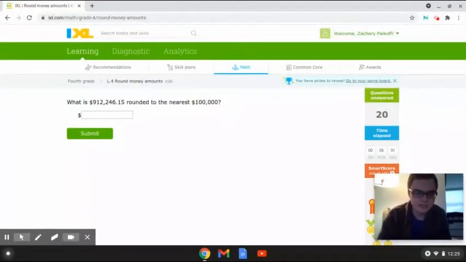Okay, so this next problem reads, what is $912,246.15 rounded to the nearest $100,000? Alright, so in this problem we are given $912,246.15, and if we look, the number 9 is the key digit that we're going to be looking at, so that's the number that we're going to be rounding to. And if we look to the right of the key digit, which is 9, we have the number 1, and the number 1 is less than 5, so that tells me that this number is going to round down, and